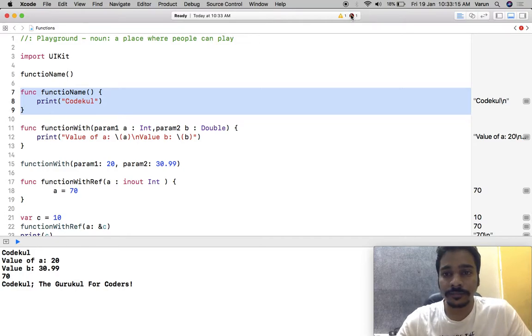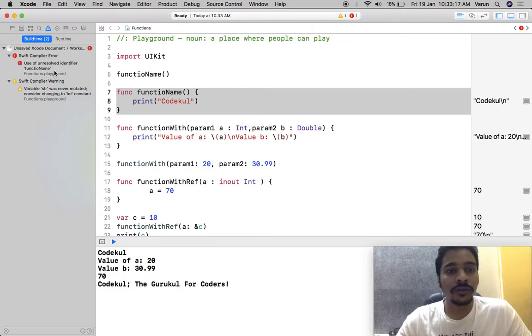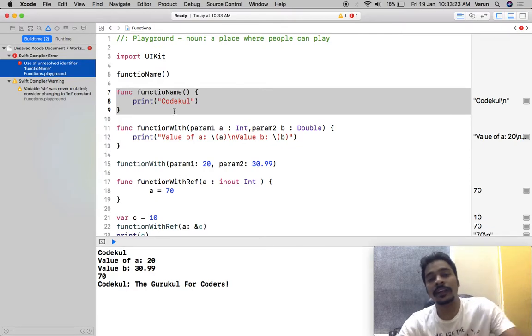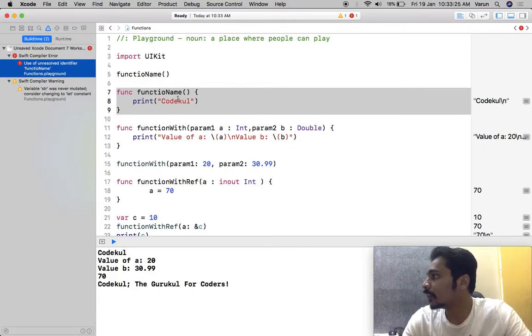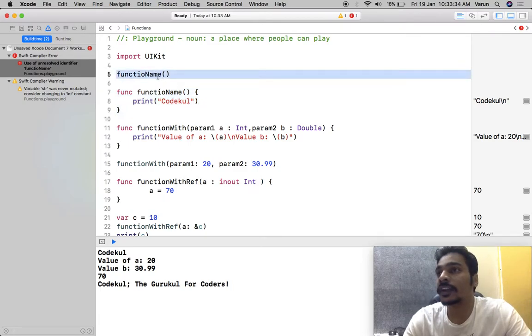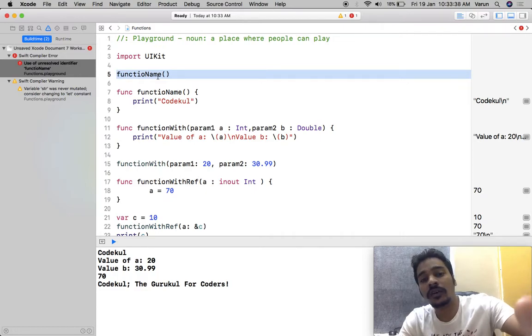But see here, what is the error? Use of unresolved identifier function name. So when you declare a function over here, the declaration is inside, and you are calling it before the declaration, we will be executing all these statements